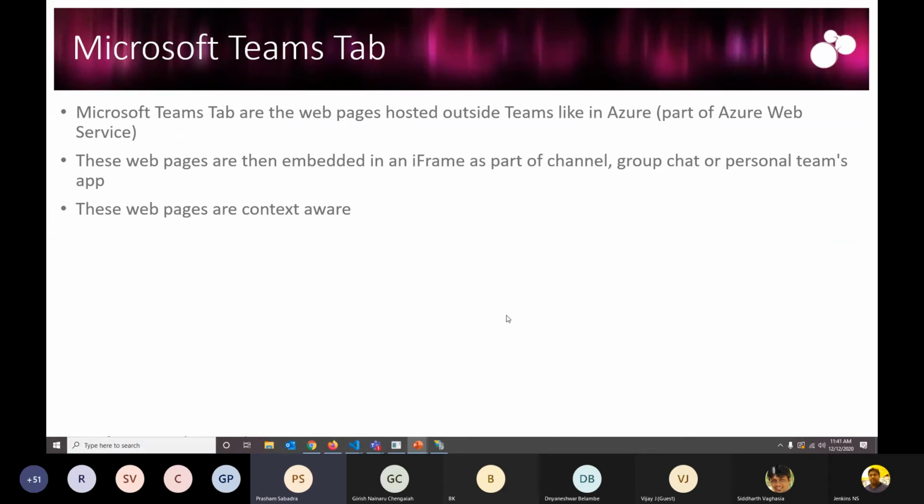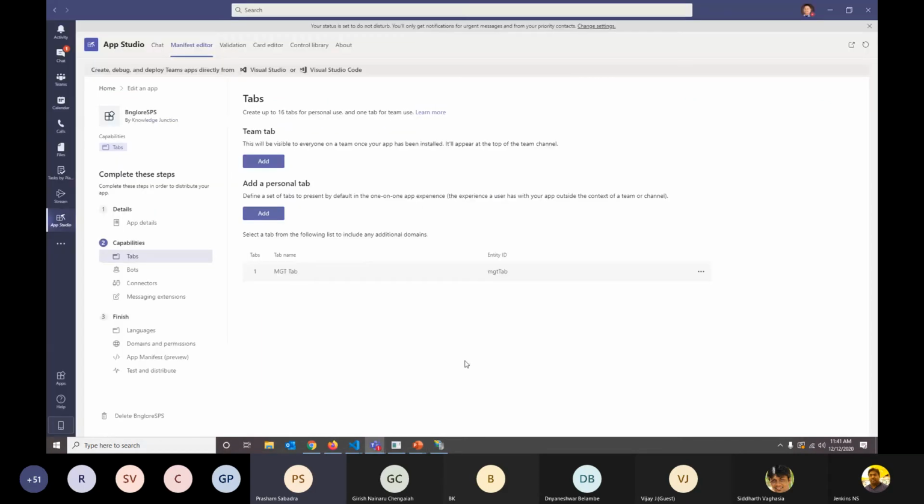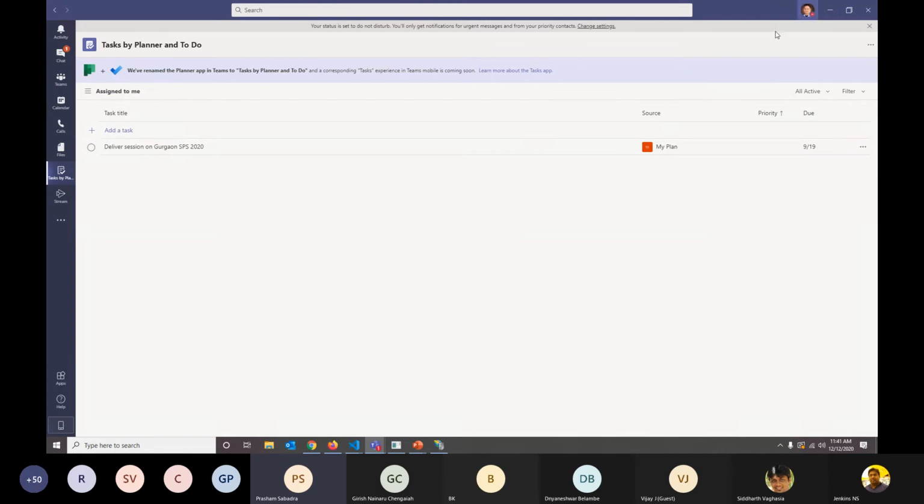And as we already discussed, these are context aware. So when I'm using my tab, it knows that I am the current logged in user. It knows what my current tasks are, or I could add tasks against myself. So these tabs are context aware.